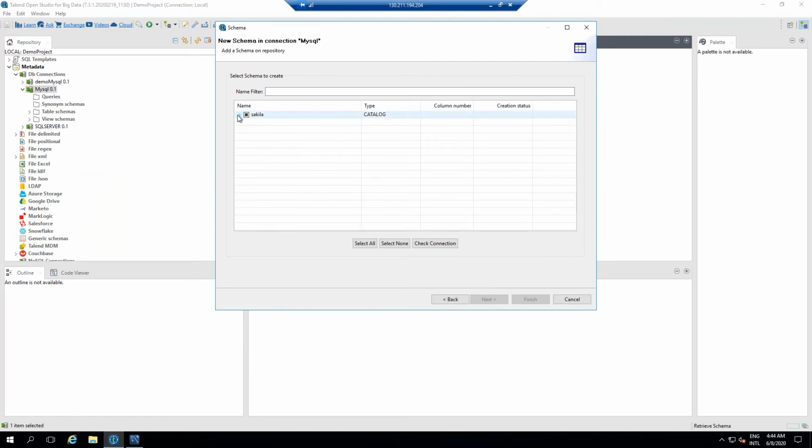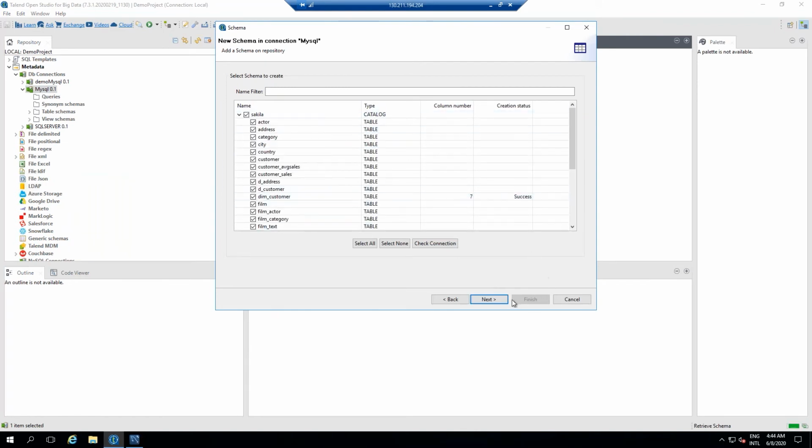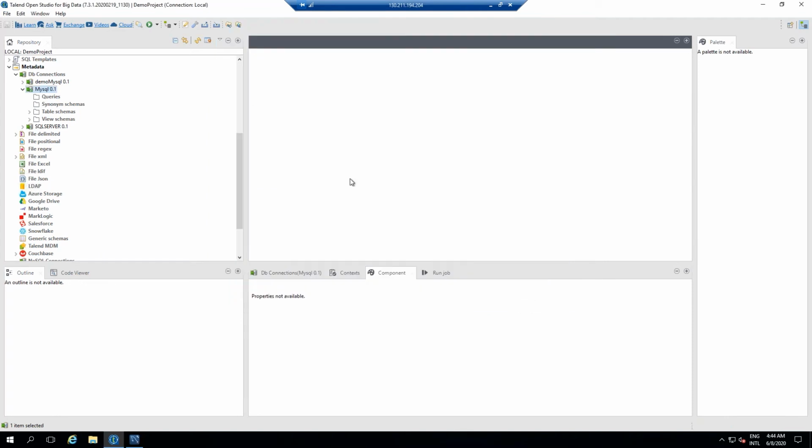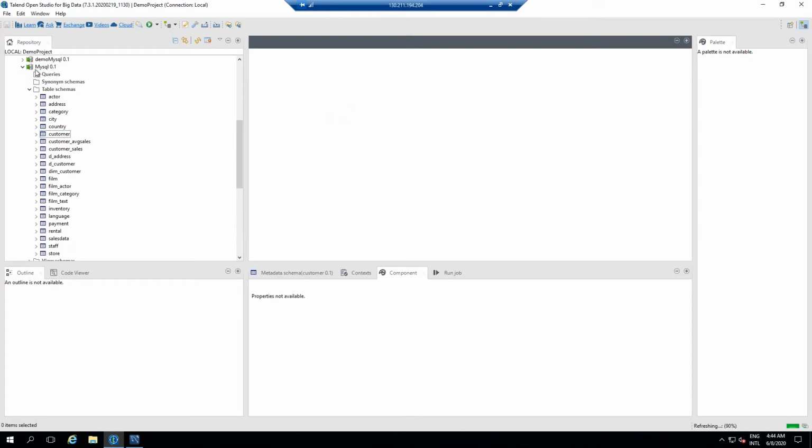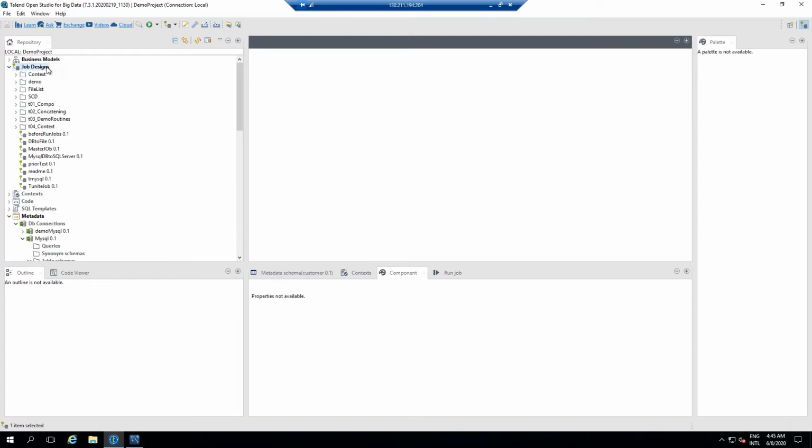And I'm going to bring the dim customer table which we have just now added, right? So once it's done, what next needs to be done is we have to bring our source, okay, and then we have to bring the target as well, correct? So here I'm going to specify my source. We have the customer as the source, okay. I have to create one job.